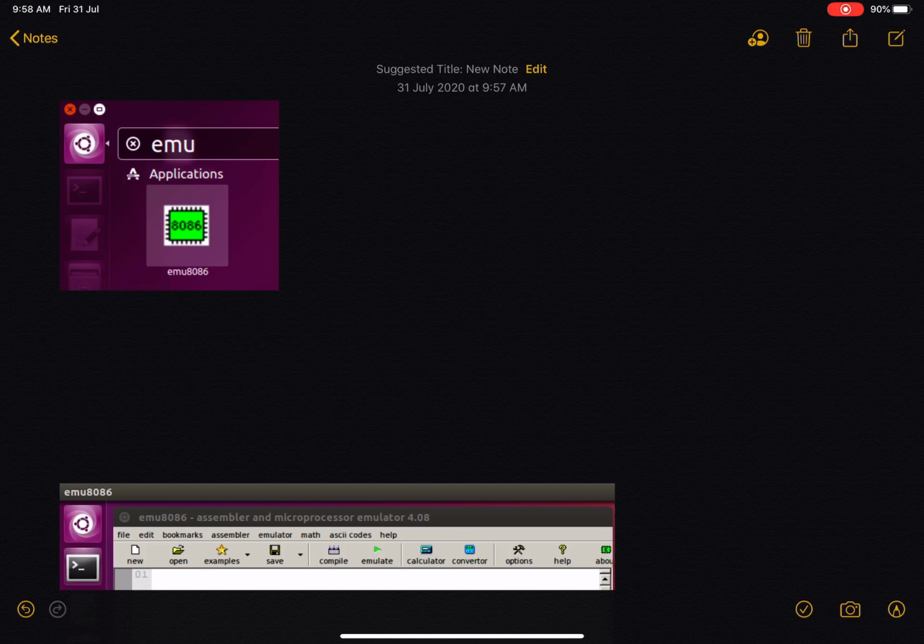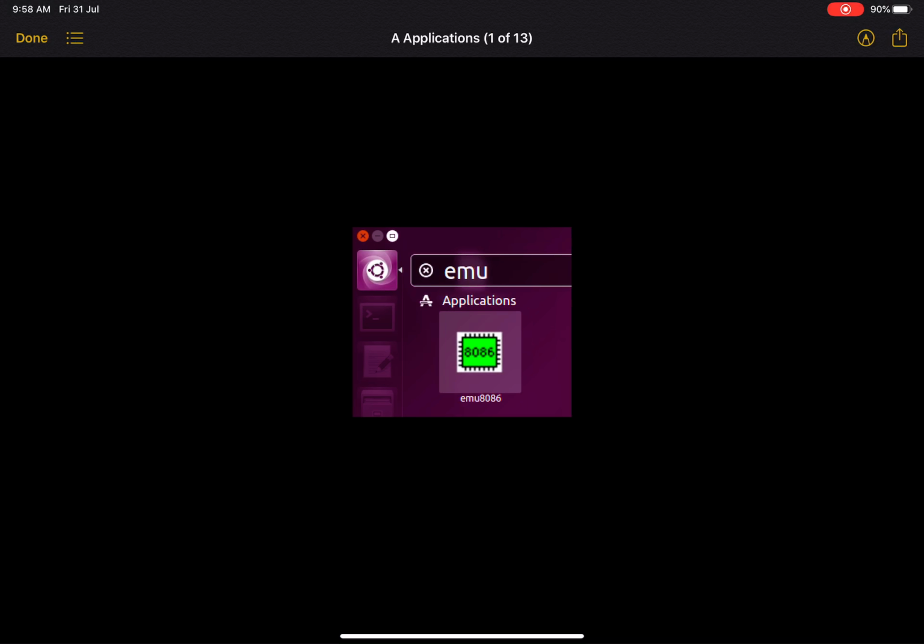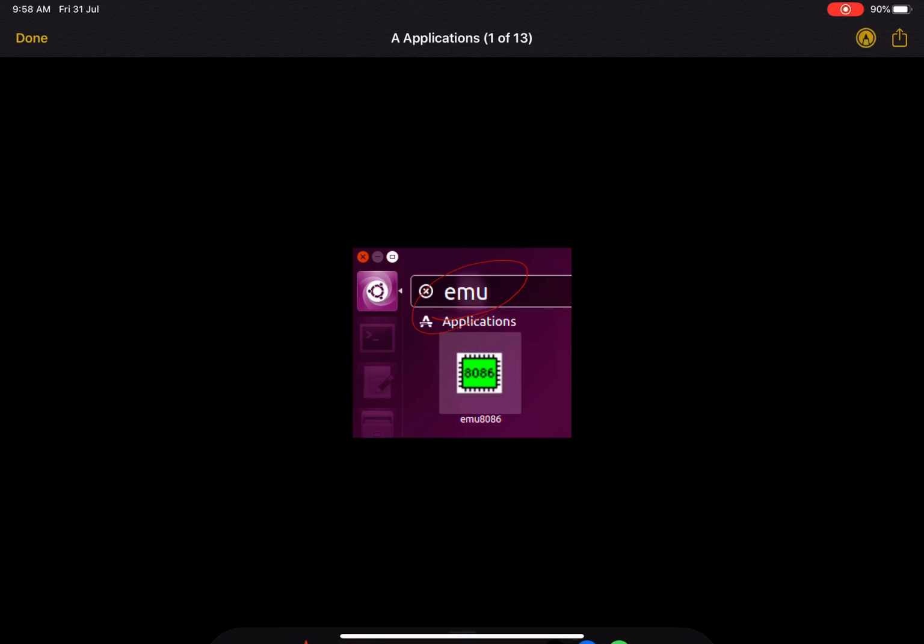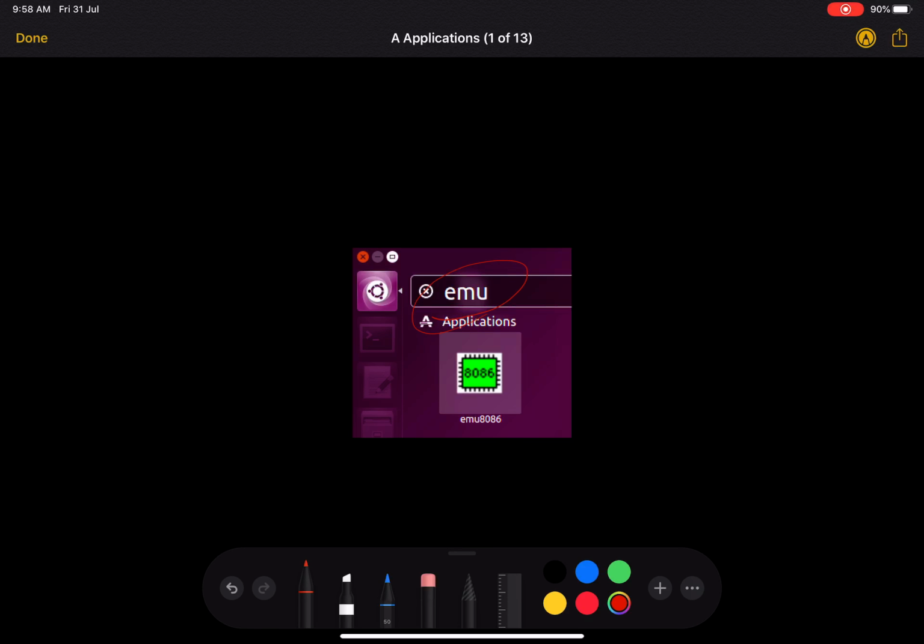Okay, let's discuss EMU 8086. As you know, it is an emulator. So what does an emulator do? It gives you the idea that you are currently working on an 8086 processor. So you can feel what happens in the 8086, and it will look like this. It will show you all the registers and everything. You need to type EMU, and this is how you can launch it.